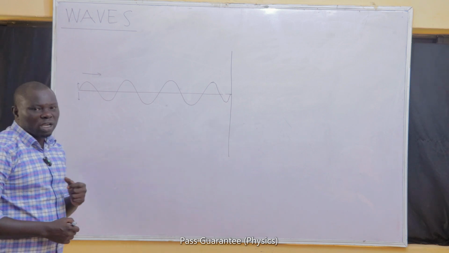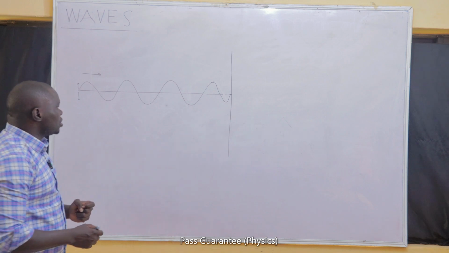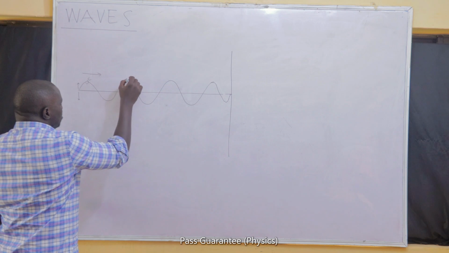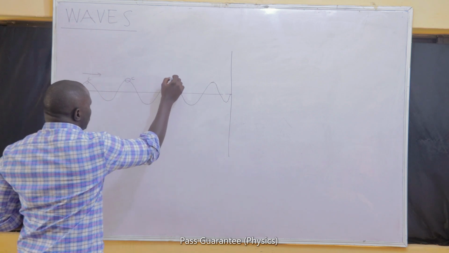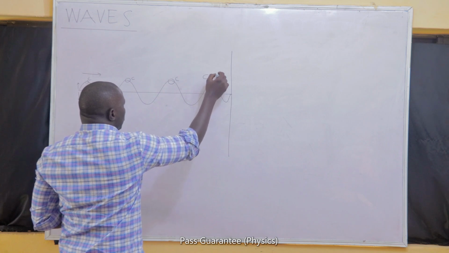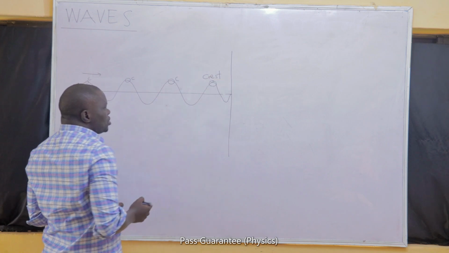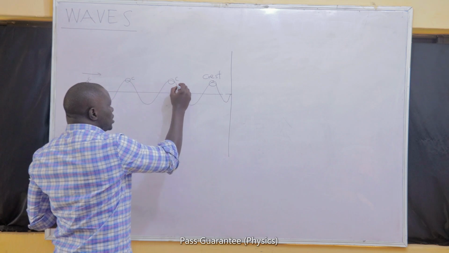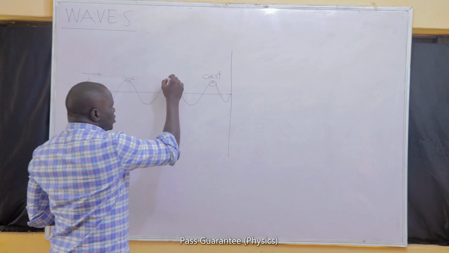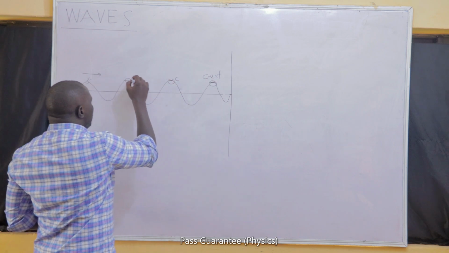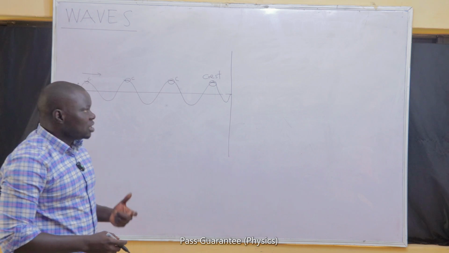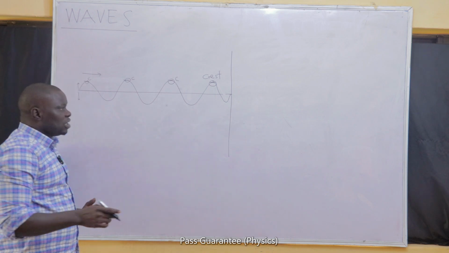On a transverse wave, 2 points are always very important for us to mention. Those are the points of maximum upward displacement. The points of maximum upward displacement are called crests. Of course, there are other points that did not get as high as the crest, but the crest represents the point of maximum upward displacement. And that is only possible on a transverse wave.